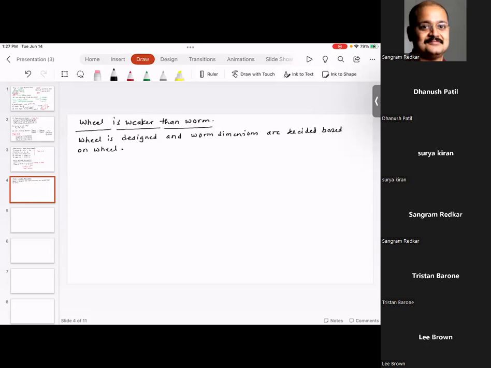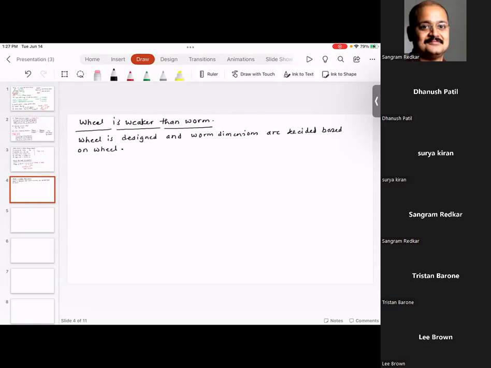So if a reduction ratio or the velocity ratio is given, you have a proportion of what the diameters should look like. If the center distance is given, you have some idea of the approximate dimensions. But once you start the actual design process,